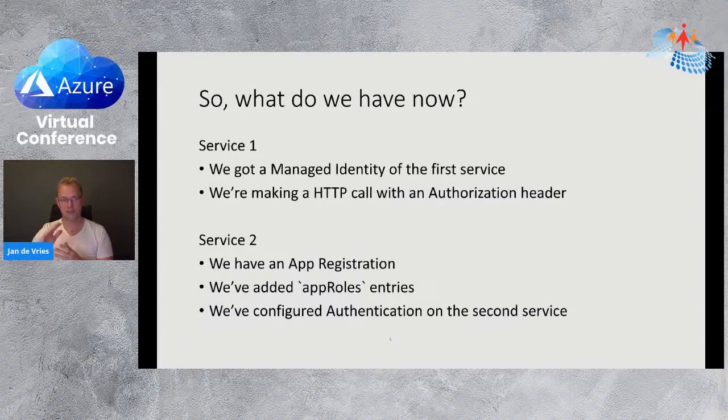But as I mentioned, I want to work with roles. And my managed identity doesn't have roles yet. As you could see in AAD, which I've shown you a couple of minutes back, my service principal, my managed identity, wants to have the reader and the writer role assigned to it. That's something I need to do. So to do this,